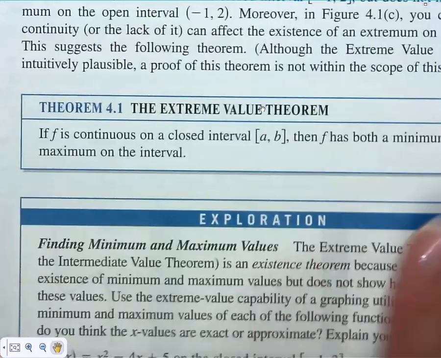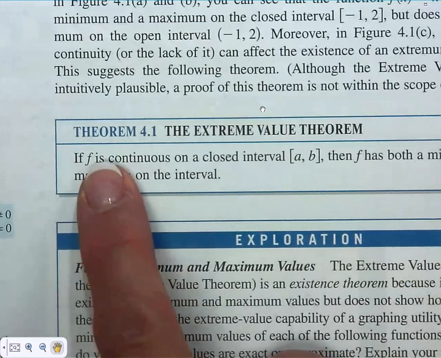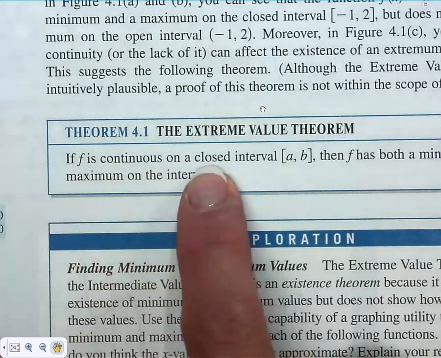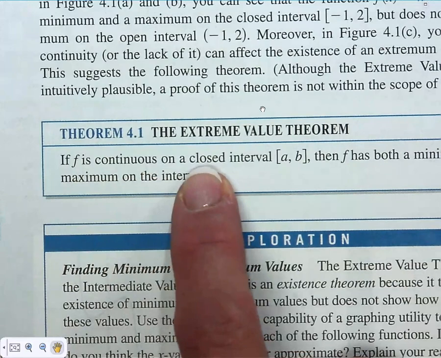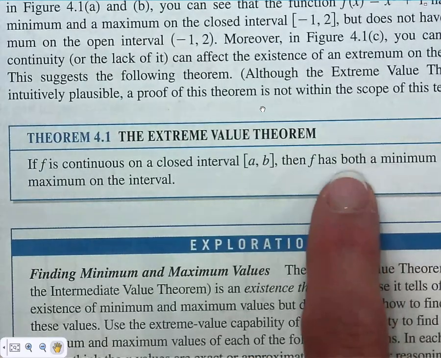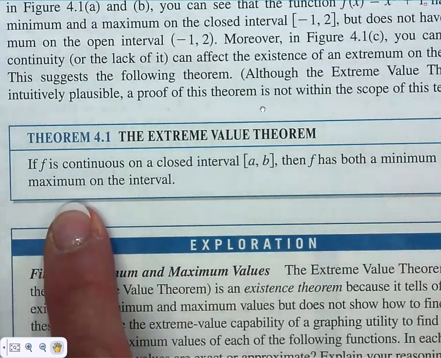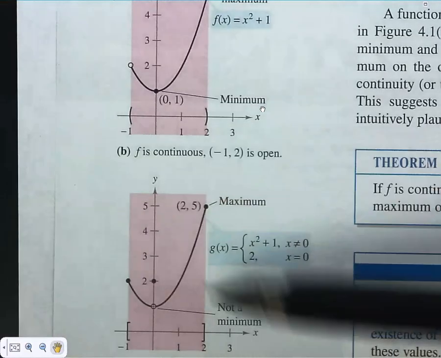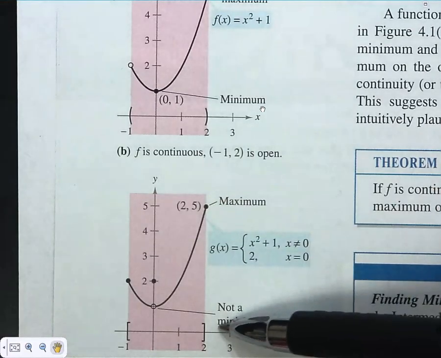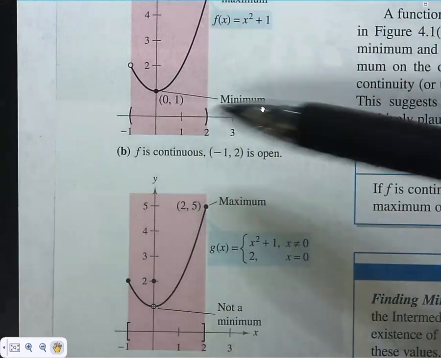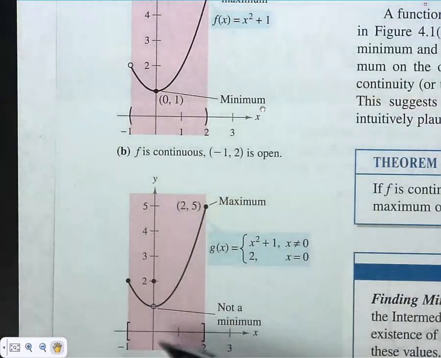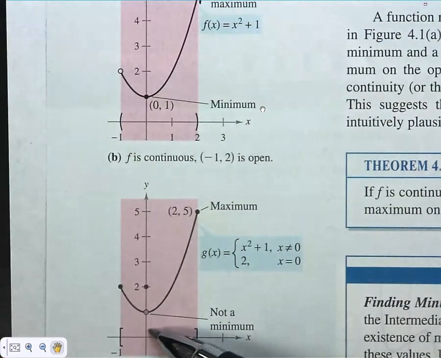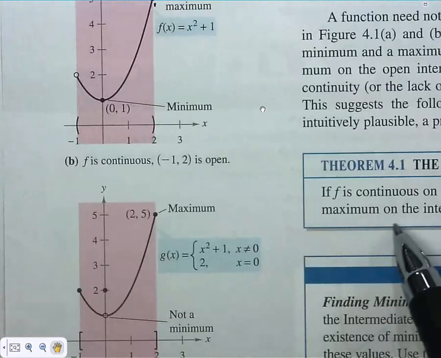Theorem 4.1 says if f of x is continuous on a closed interval from a to b, then f has both a minimum and a maximum value on the interval. Now, b and c didn't have a maximum or a minimum value. Well, b didn't have a maximum value, c didn't have a minimum value, but the function wasn't continuous on a